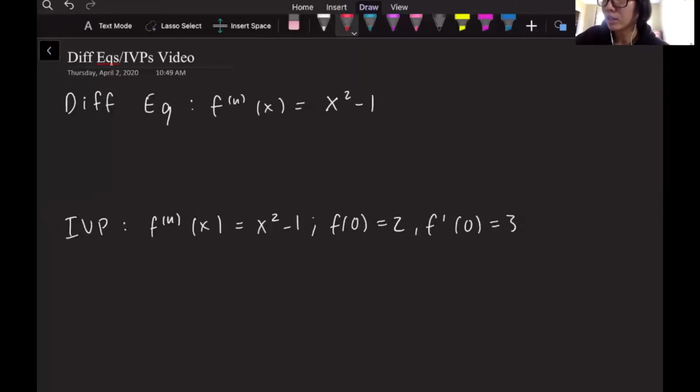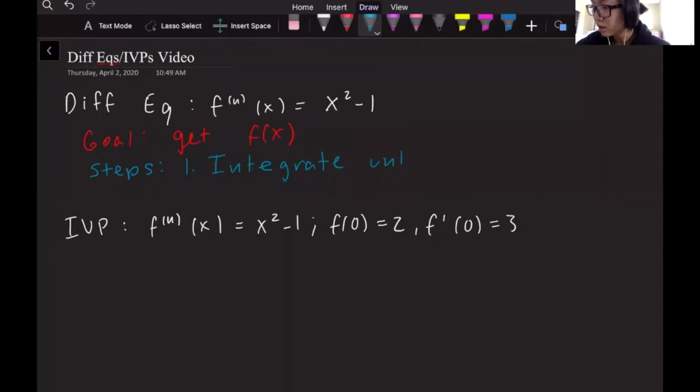So the goal of any differential equation is to get f of x, right? We want to get back to f of x if we're given a derivative. I've used here the general notation for derivatives. So if I'm given a derivative equation, I want to be able to get back to f of x. And if you remember from last video, how we get back to f of x is we have to integrate. So the steps for solving a differential equation are basically just one step, and you just integrate